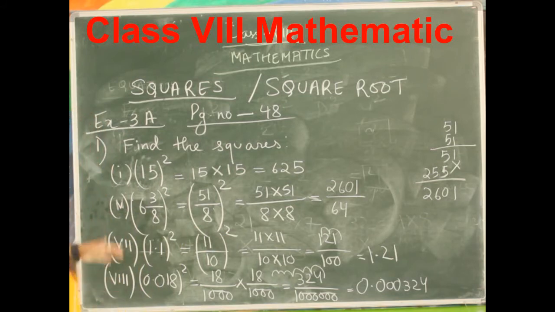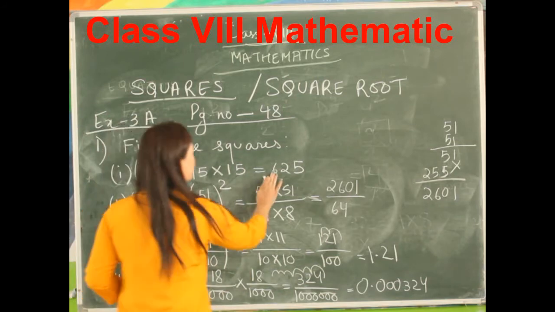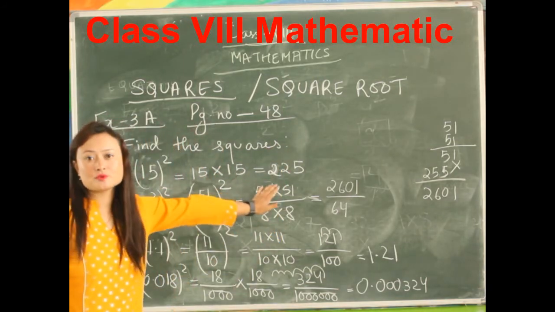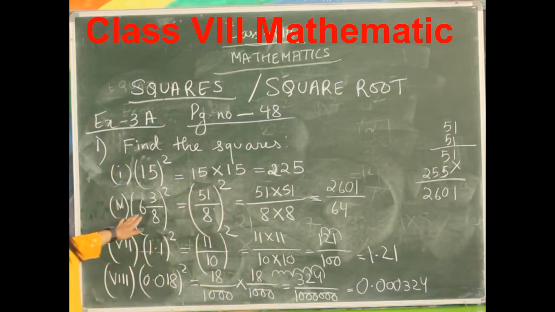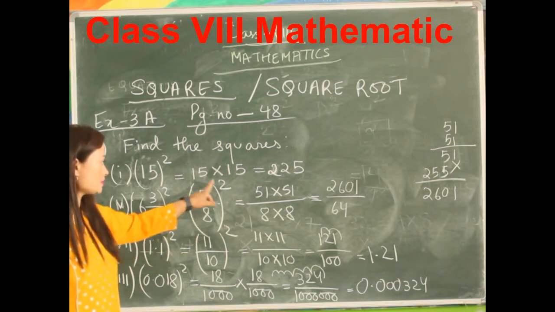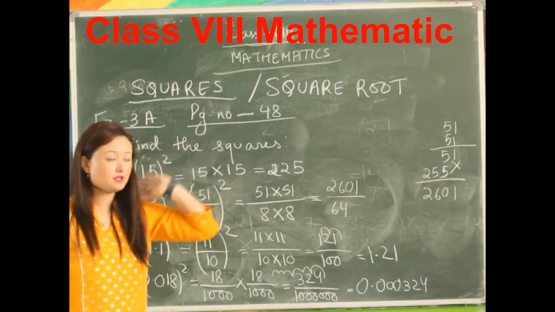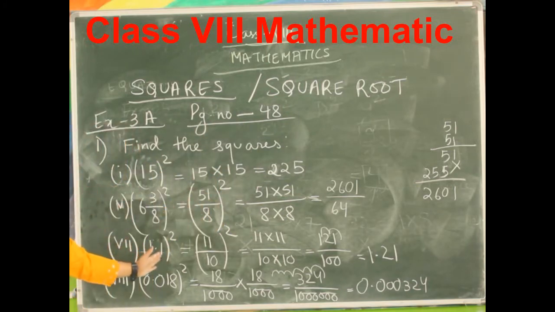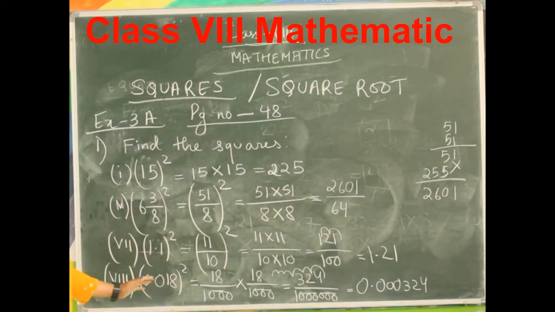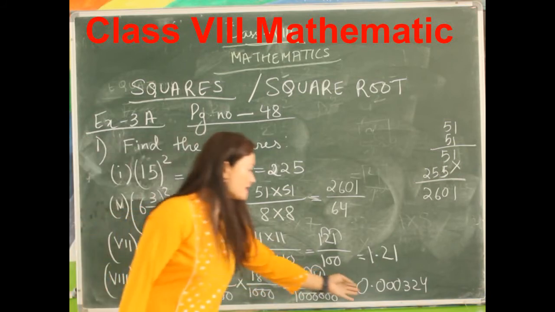So the first one that we have, I'm going to write this as 225. I wrote it as 625. Okay, 15 into 15 is 225. 6 3 upon 8 whole square equals 51 by 8 whole square. So when you multiply 51 into 51, you get 2601. Then 1.1, when you square it, you get 1.21. And 0.018 whole square, when you multiply, you get